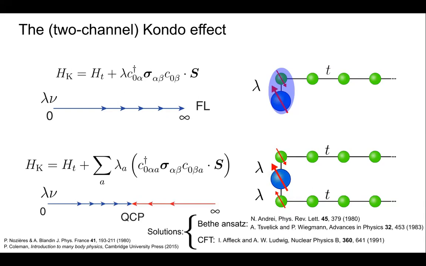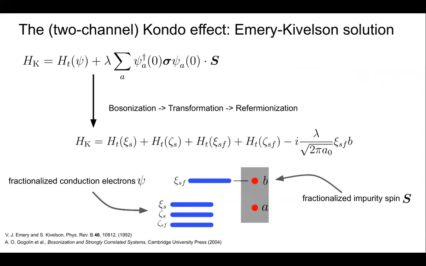And this system actually was already solved by different methods. So for instance, there were the Bethe ansatz solutions, or people tried conformal field theory. But I would like to discuss a particular one, which is the Emery-Kivelson solution. Now, unfortunately,